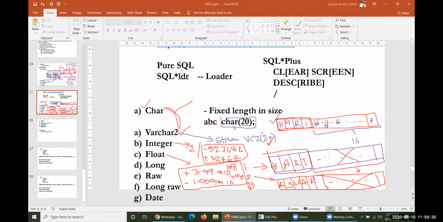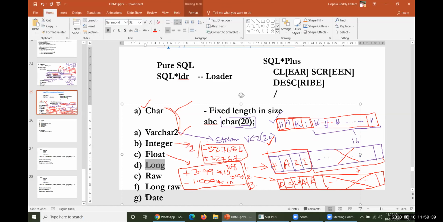Already we have discussed number and character, where character, integer, and float have been discussed. Today we'd like to have a small discussion on long and date, and then we'll go ahead with complete DDL today. That is the agenda today: long and date data types, followed by complete data definition language commands, which are useful for us.